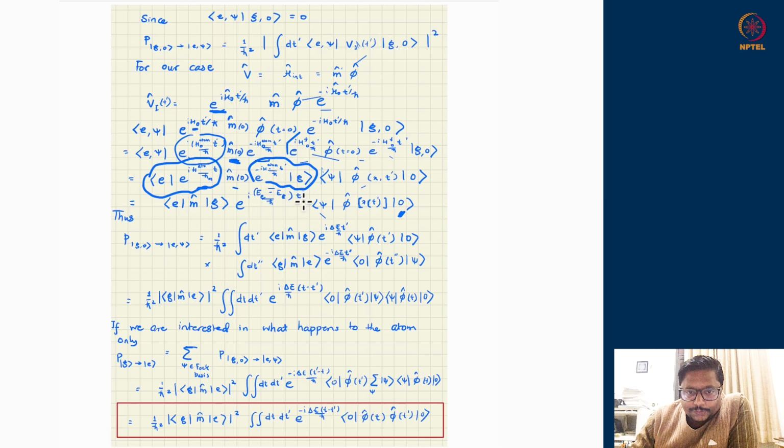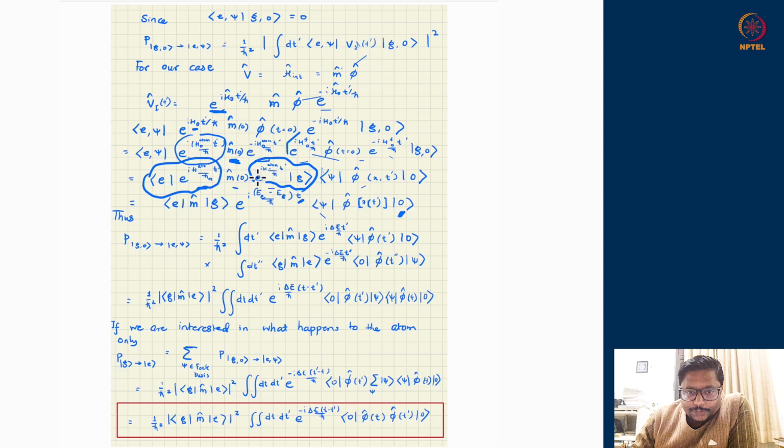So you see the phase has come with t prime, but this t prime has to undergo integration. This is not a constant t prime, it is changing t prime. So therefore all the terms which are coming in the integration do not have the same phase. They have different phases at different times. So therefore I cannot pull it out as a common factor and under mod square it will become 1. That is not going to happen, unlike before. So this is a running phase. This changes at different times.